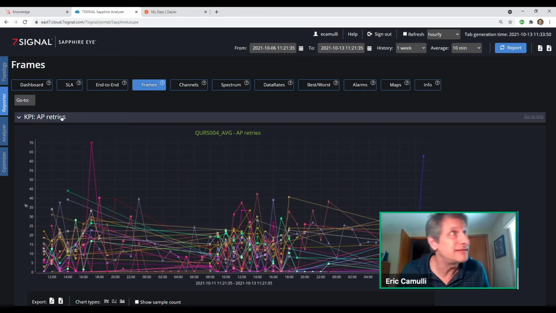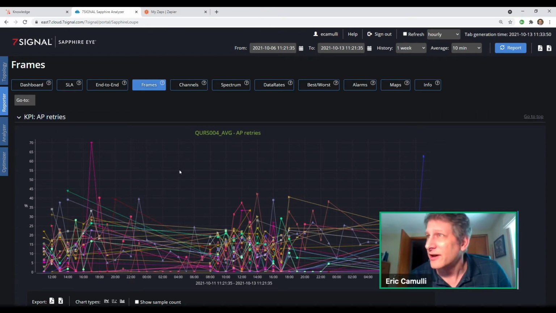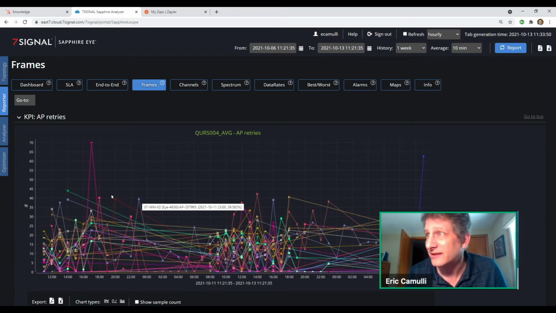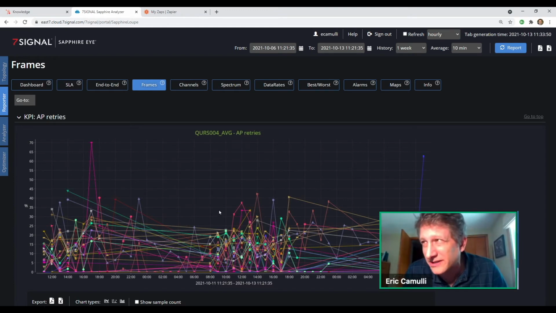And of course, we can't see necessarily what's going on in the air, but 7SIGNAL can. And look at this, guys. Per service area, per access point, I'm measuring the retry rate all throughout the course of the day and night. And you can see right here, each one of these dots represents one of our Sapphire Eyes and what it calculates depending upon where it is in space. And what we try to do is keep our retry rate below 40%. That's our goal. Because if the retry rate gets above 40%, and you can see we're kind of right at that threshold here with our example,